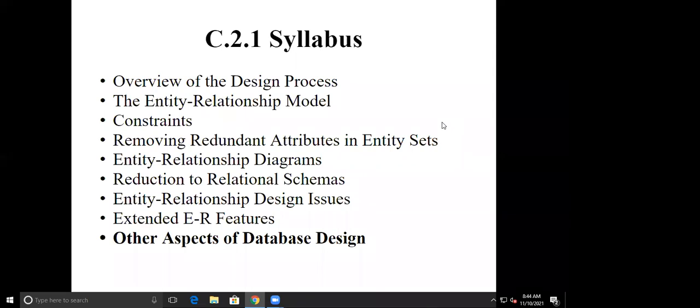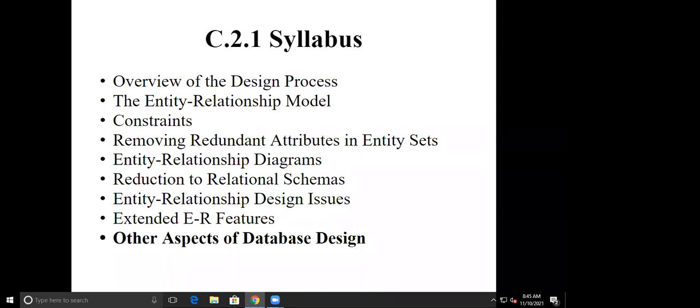Here we saw how to represent an entity. An entity is represented by a rectangle, divided into two parts, one covering the entity name and the other covering the attributes of the entity. A relationship is represented by a diamond, so the relationship between two entities is shown by a diamond. We also saw how to represent complex attributes, like composite attributes, derived attributes and multi-valued attributes.